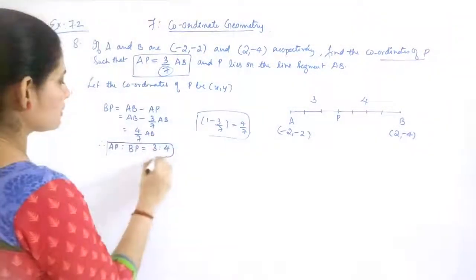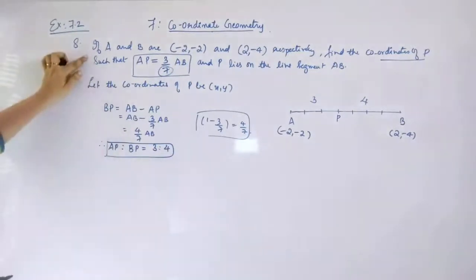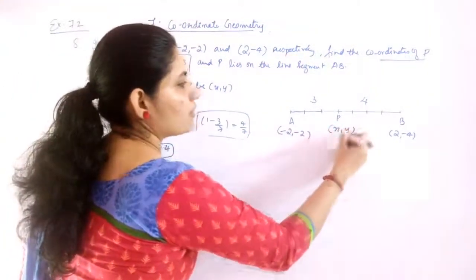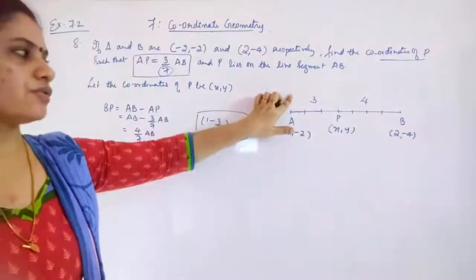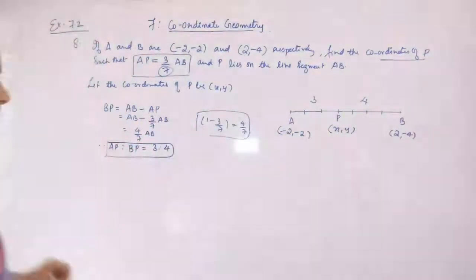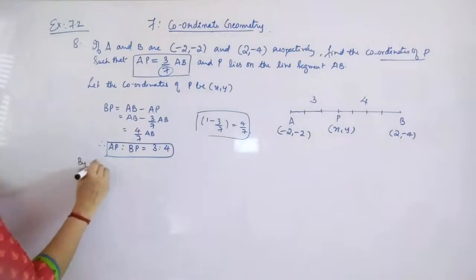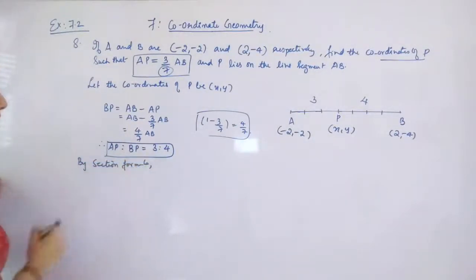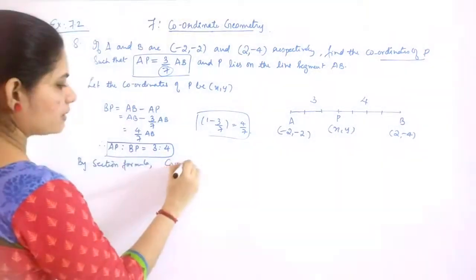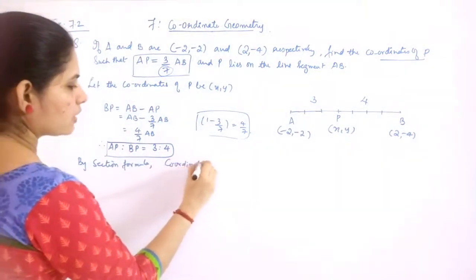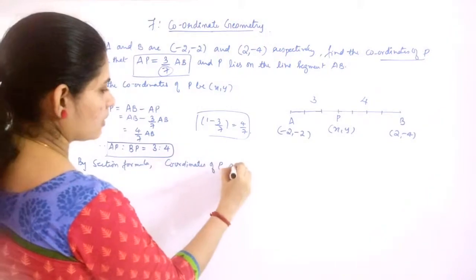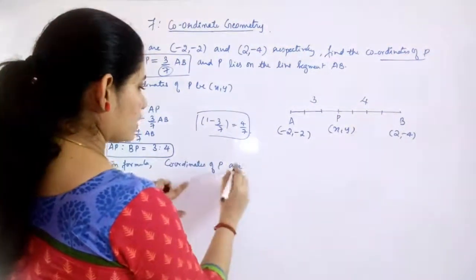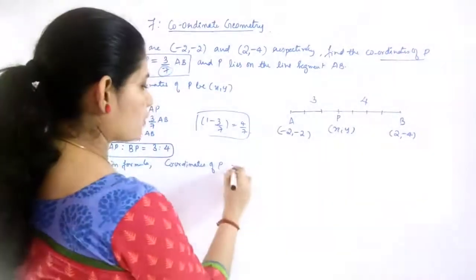So when you get the ratio, after that the problem is very simple, because A and B are already given and you are taking your P to be x comma y. You can use your section formula to find out what is x and y. Okay, so by section formula, the coordinates of P will be found out. The coordinates of P are, what are you getting? Actually coordinates of P is equal to, if you use the formula, it is,